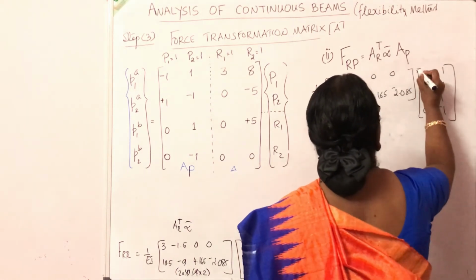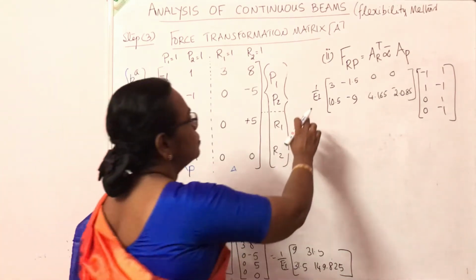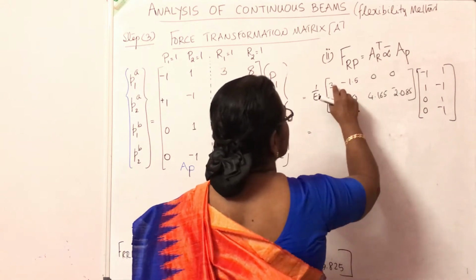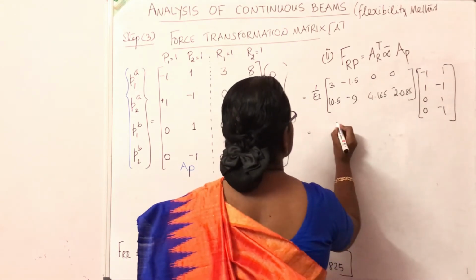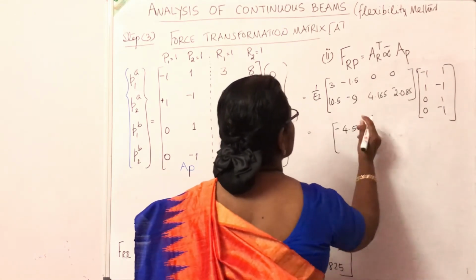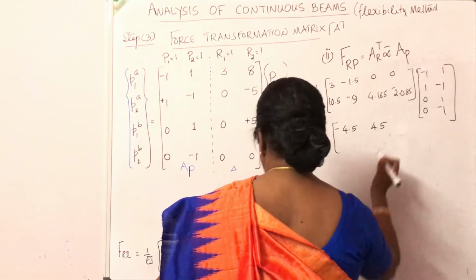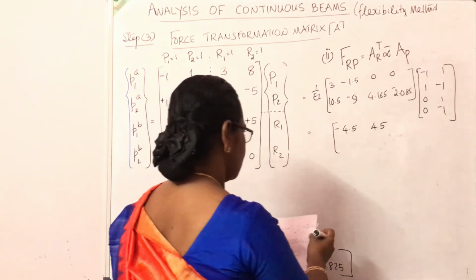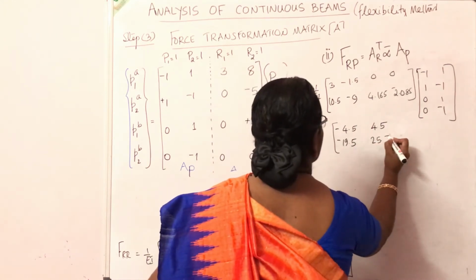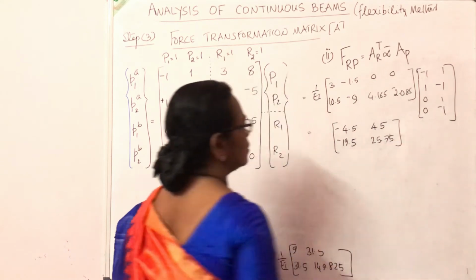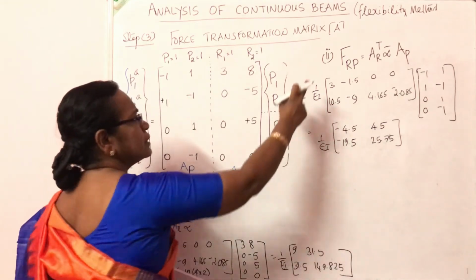So instead of multiplying two 4 by 4 matrices, we are doing the steps in a simplified manner. So here also, this multiplication is not that difficult. Minus 1, 0, etc. So 3 into minus 1, minus 3. Minus 3 minus 1.5 is minus 4.5. Similarly, 3 into 1, 3. 3 plus 1.5, 4.5. Write down the remaining terms. Minus 19.5 and 25.75. So when you multiply it by partitioning, the multiplication becomes easier. So this is also 1 by EI. We have got the second step also.